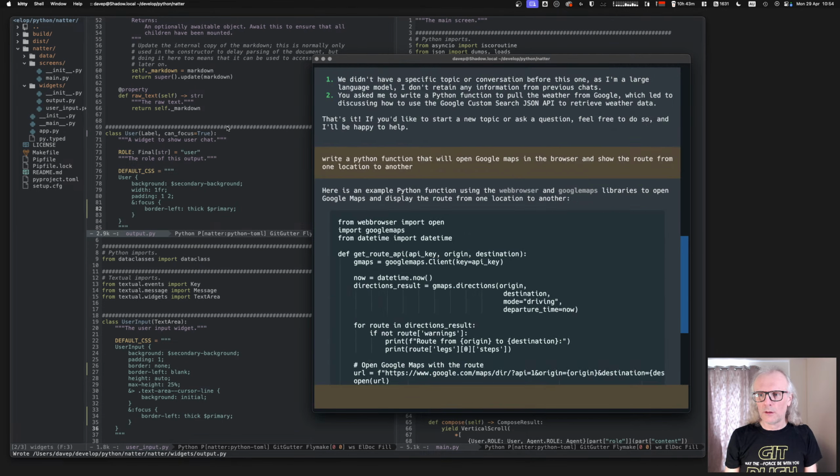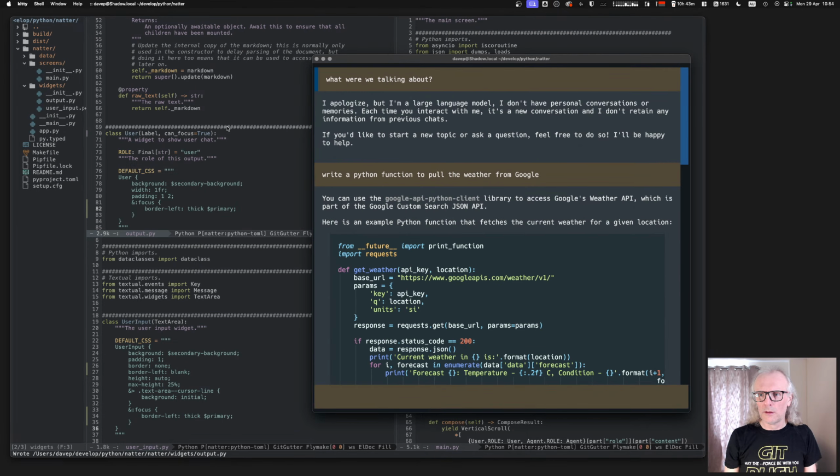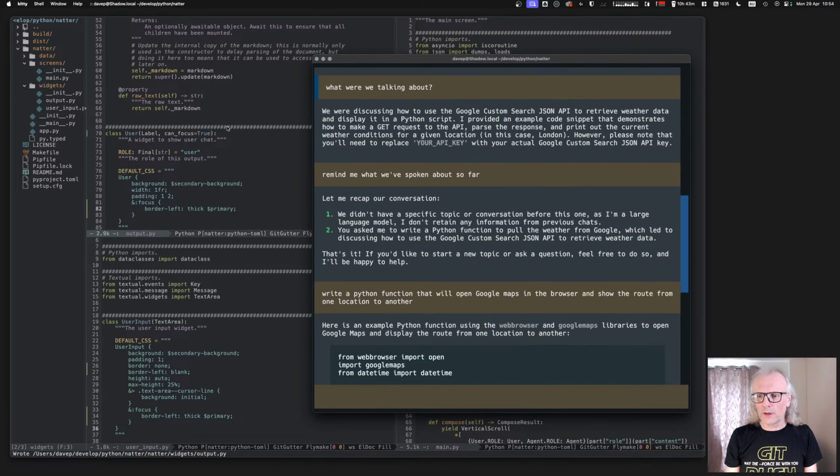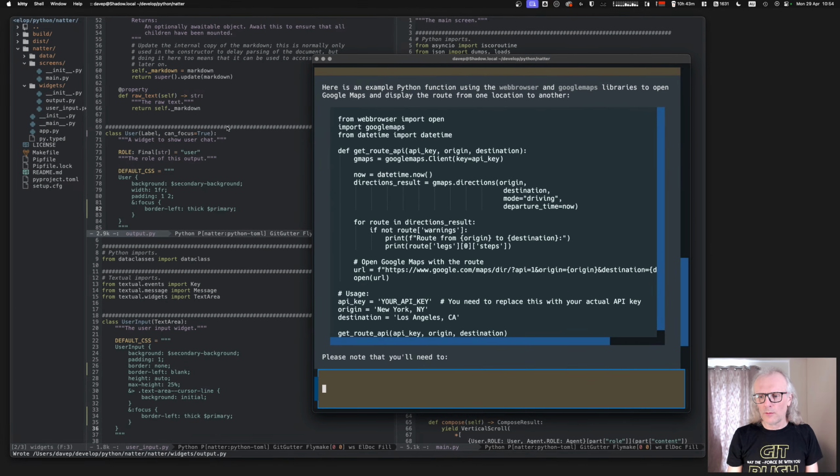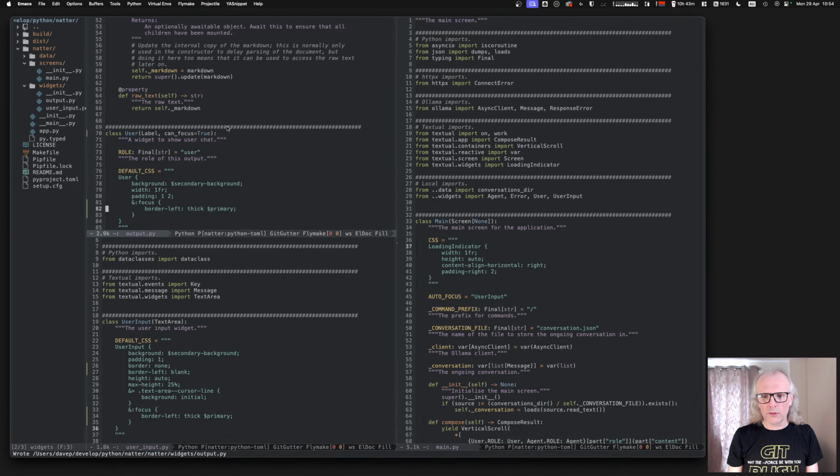Close. Now, the focus went somewhere where I wasn't expecting. Also, I need to set the border on those properly. User input. Border none.